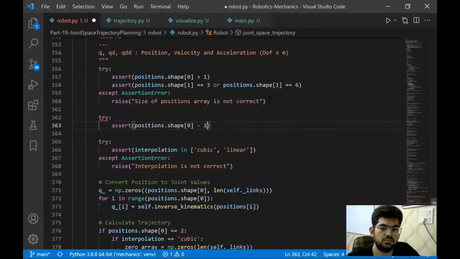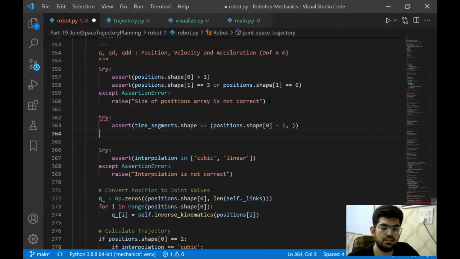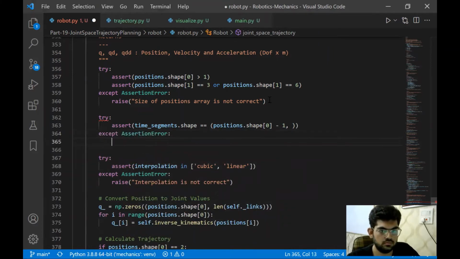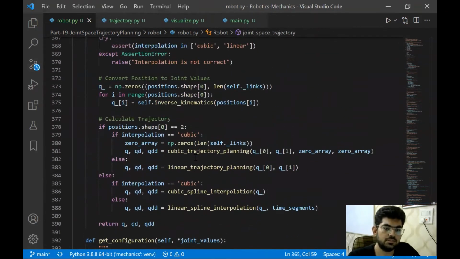Yeah, we can do it something like this. So it should be something like this. And let's assert here. Okay, so here we have this.